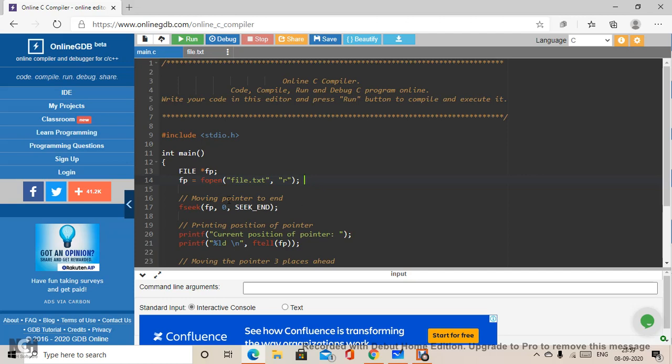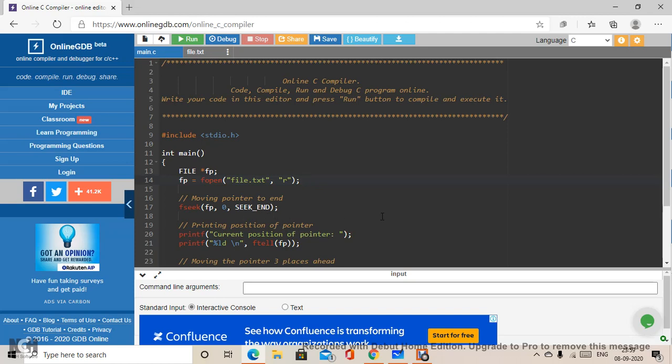Now the first point which we are doing is we will be moving our pointer to the end of file. That means up till which point we have written, this will be the end of the file. So we will be writing, according to the syntax, the fseek function, which contains a file pointer and the offset. We have not included an offset here because we do not want to look for that. We are just moving to the end, and SEEK_END, as discussed in the class on the previous board slide, will move our offset to the end of the file. That means now our pointer will be there.